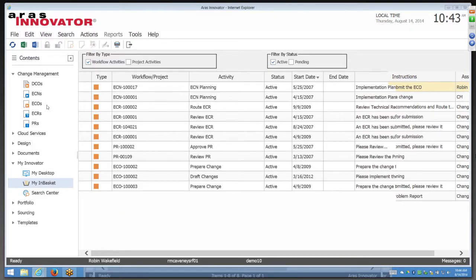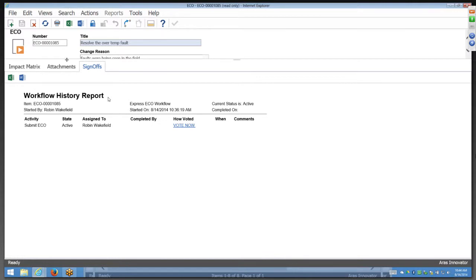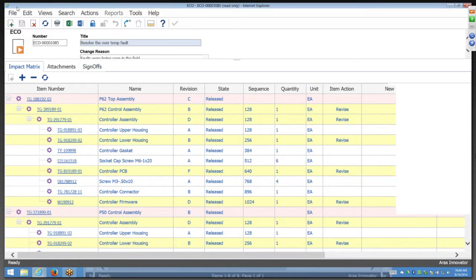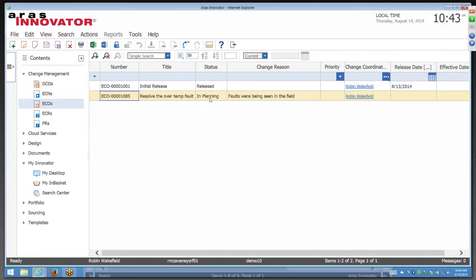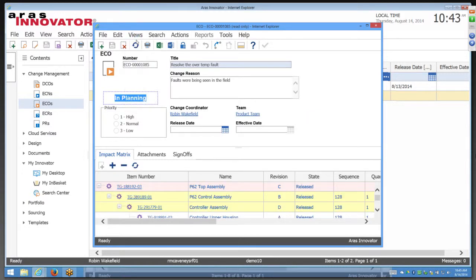The ECO is going to move along in its workflow. And we'll go ahead and look at that. The ECO is now in planning state. So we can see that the status here is updated from new to in planning. If we go ahead and look at the workflow,